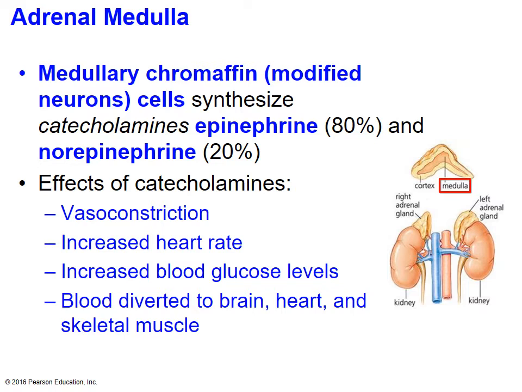You're also going to notice that your blood glucose level starts to increase, because your body's making sure that you have enough fuel to go to all your different organs, primarily the brain, the heart, and the skeletal muscle system, to make sure that you have enough energy so that you can think about the decisions that you're making. And for the skeletal system, that's really important because you might have to run away or you might have to fight in the situation that you're in that's causing these stressors to activate the adrenal